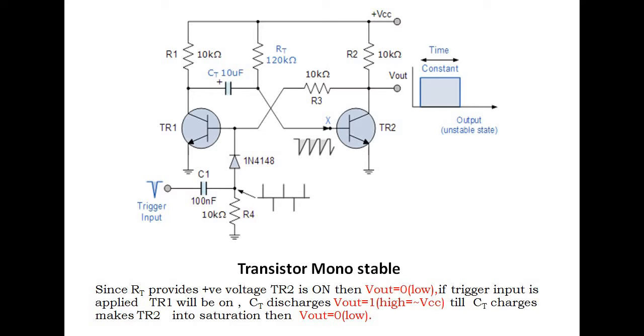cross coupled configuration. Which means the output of one transistor is given to the input of the other transistor. See here, the output of one transistor is given to the input of another transistor. Similarly, the output of the other transistor is given to the input of TR2. But there is a difference between these two circuits. This is not a symmetrical circuit. Symmetrical circuit means if you draw a line exactly at the center and have the same component count on both sides, that circuit is called a symmetrical circuit. This is absolutely not a symmetrical circuit.